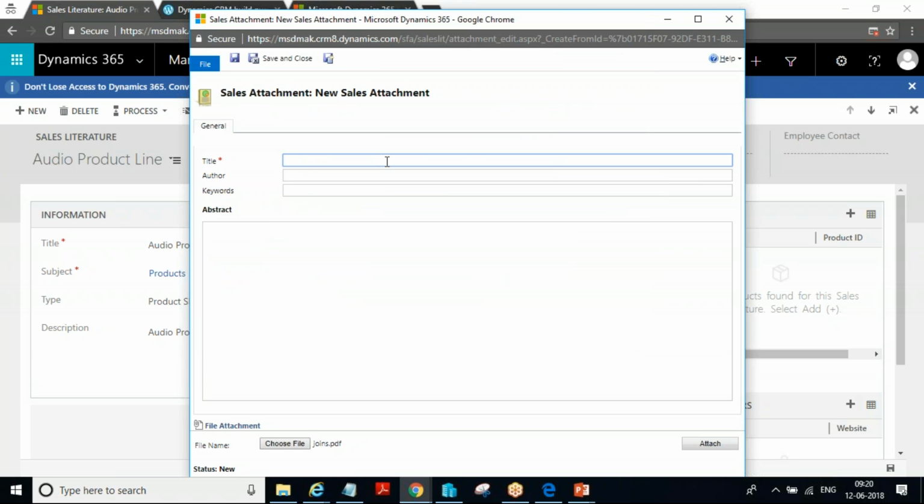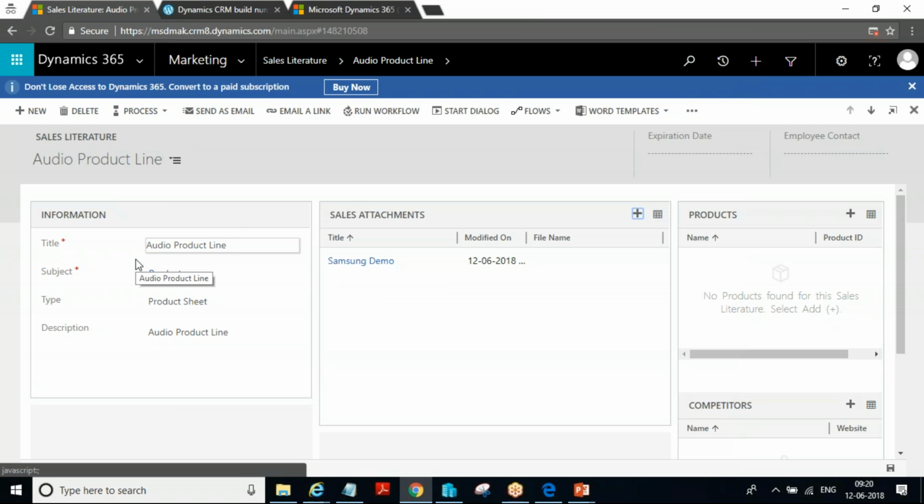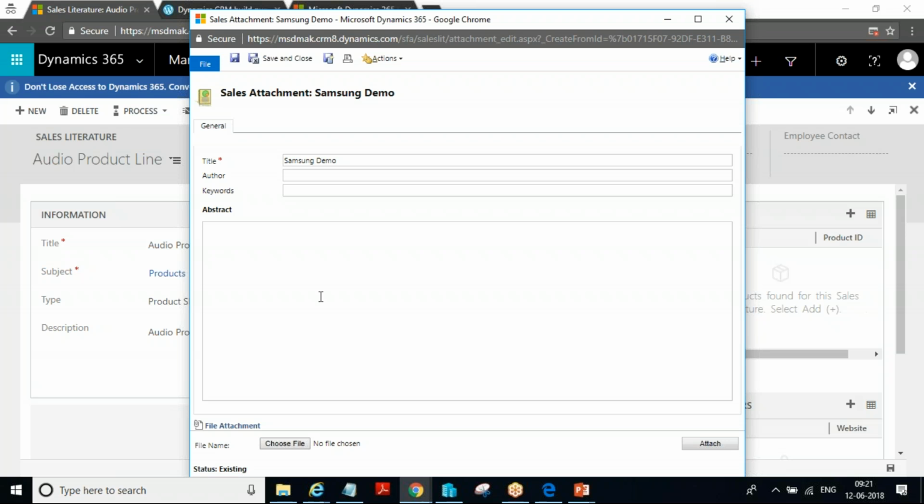I just added this one and named it Samsung demo. Save and close. Now when the marketing people are working, if they want to give some demo, or print out some documents, they go to the sales literature, open this one, download it and show it to the business.